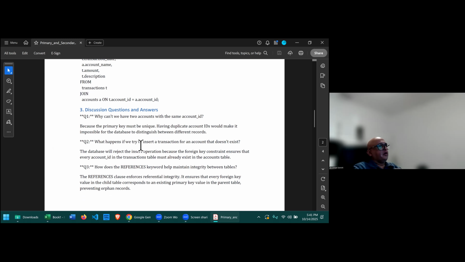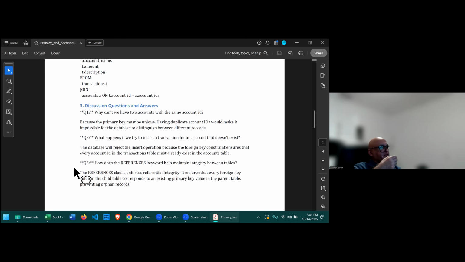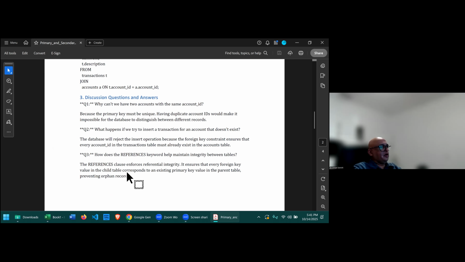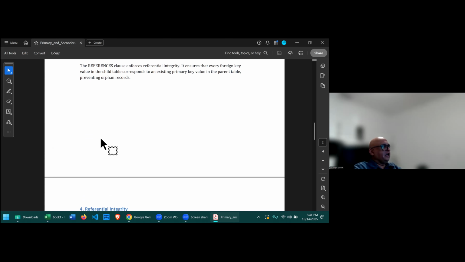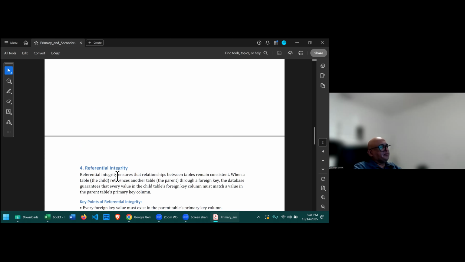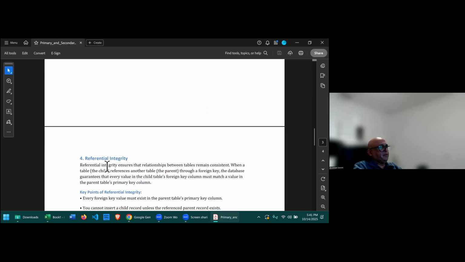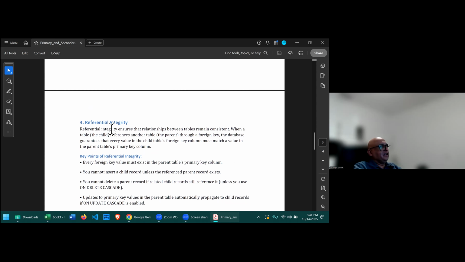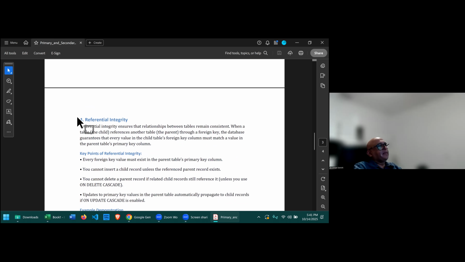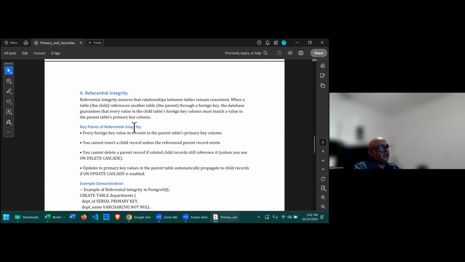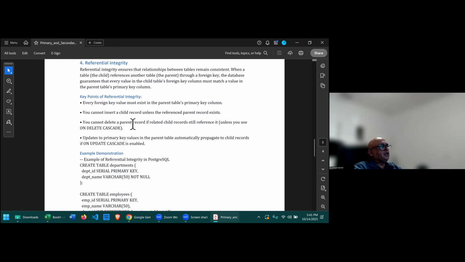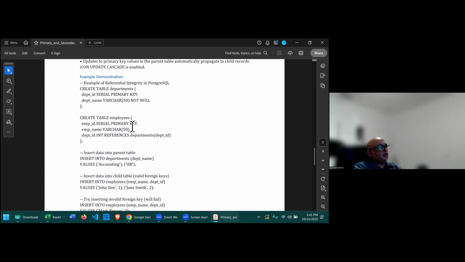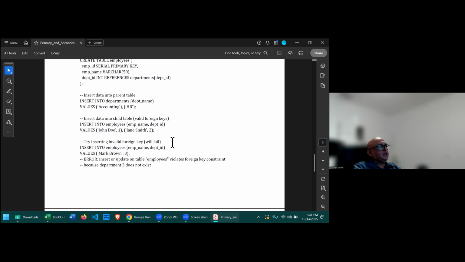How do you make sure that there's referential integrity, how it's done, and we use this references clause. And I think that is the end. No, it keeps on. Okay. So it's just going to explain in my notes. I forgot that I had this, but it just explains in a little bit more detail what I mean by referential integrity. I've already explained it, but it's going into it in a little bit more detail,